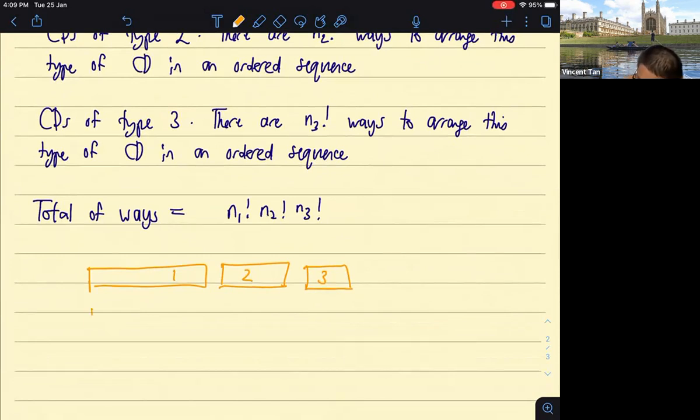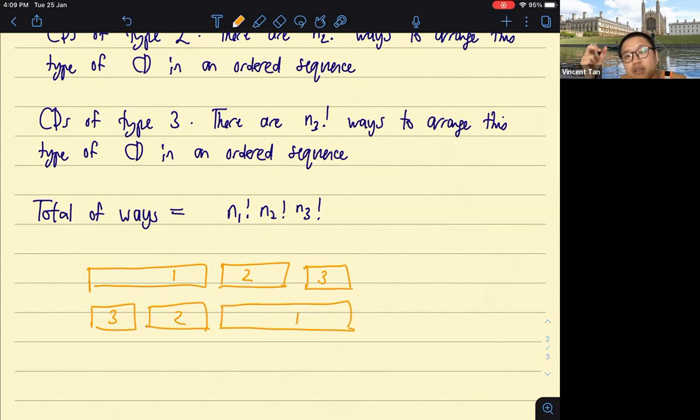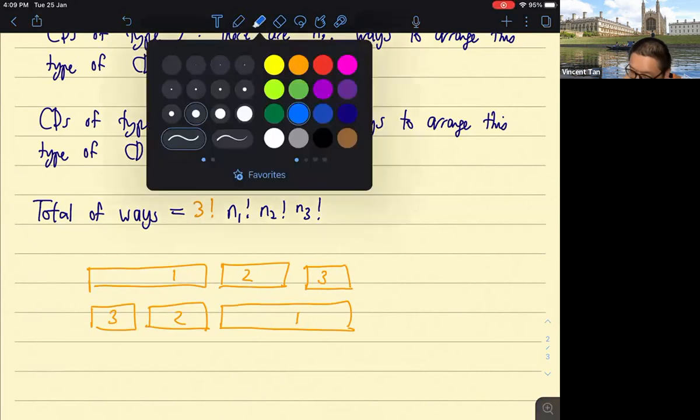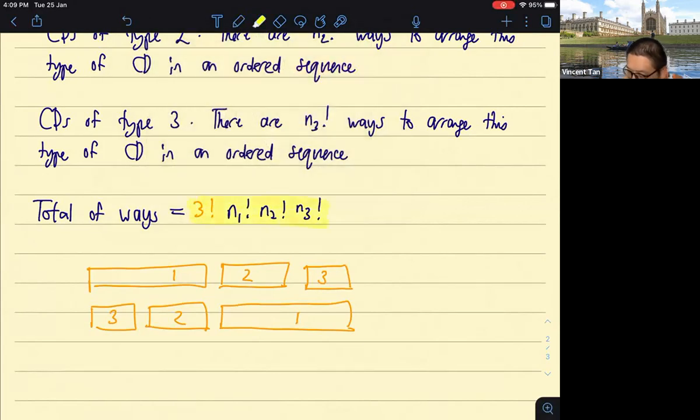But you could put the number 3 here, number 2 here, and number 1 here. How many ways are there of arranging these 3 types of CDs? There are 3 factorial ways. So this is the final answer, and it's correct because the 3 factorial accounts for